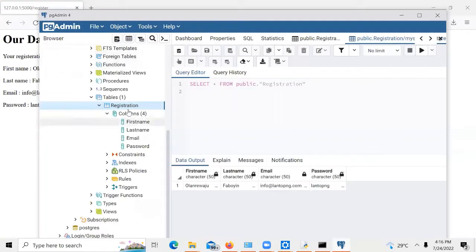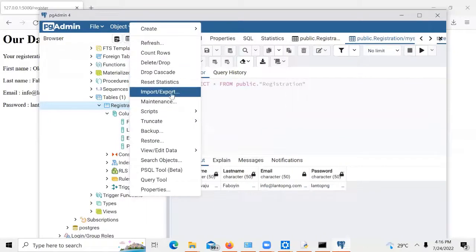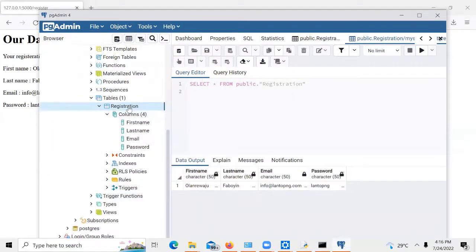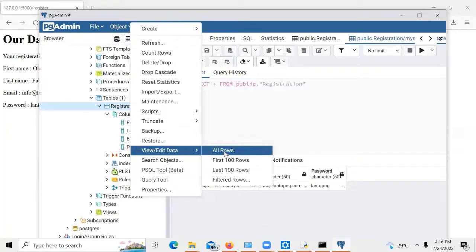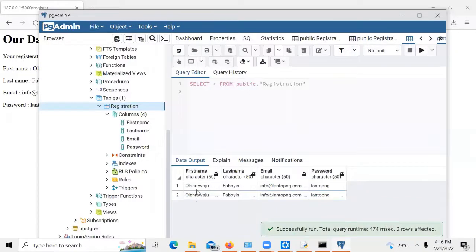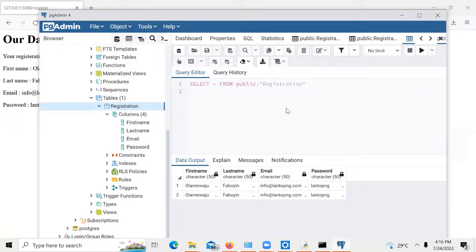Because if I do this again, then I should have another duplication of what I created before. So every time you want to view the database, you have to refresh it, then view it again, because I just ran post information inside the database again. So that's how we integrate